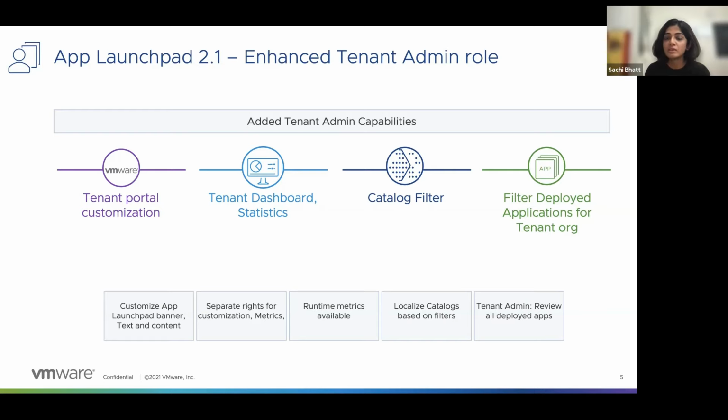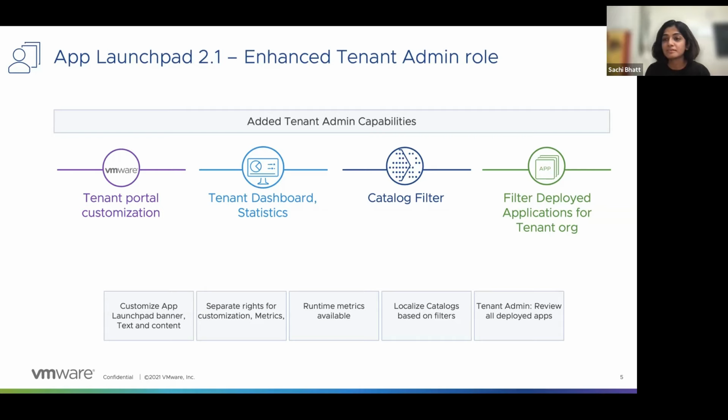So end user will have an idea where the application is being launched based on the catalog name, as well as it will remove a lot of restrictions, like I'm sitting in California and I don't want to deploy an application in Australia. If I have a location closer to me, I would prefer to launch my application closer to me.